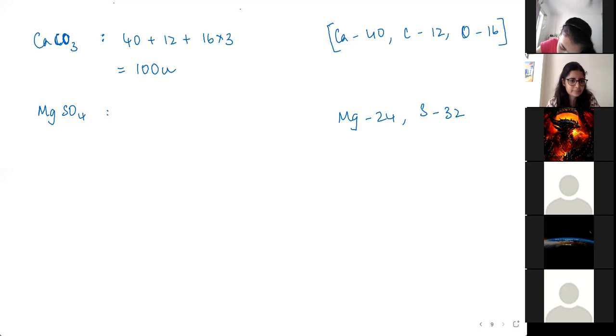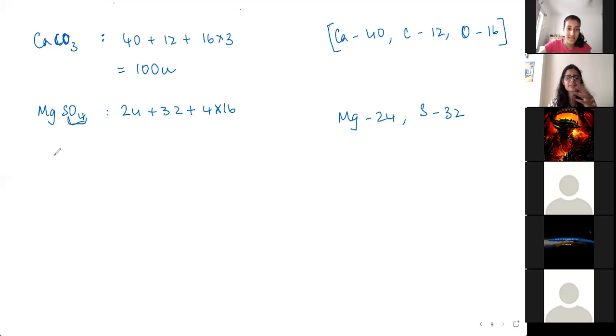Sujal, Swayam, Ashka, Aryan, Samriddhi. Samriddhi, can you tell me what all you're adding? Or are you done? Are you sending? Yes, ma'am, I got the right answer. Is it 120 U? Yes, 120 atomic mass units is correct. So it's 24 plus 32 plus 4 oxygens, 4 into 16, which is 64. So Samriddhi, where was your mistake earlier? Ma'am, actually, I multiplied 3 instead of 4. Okay, you more or less got it.